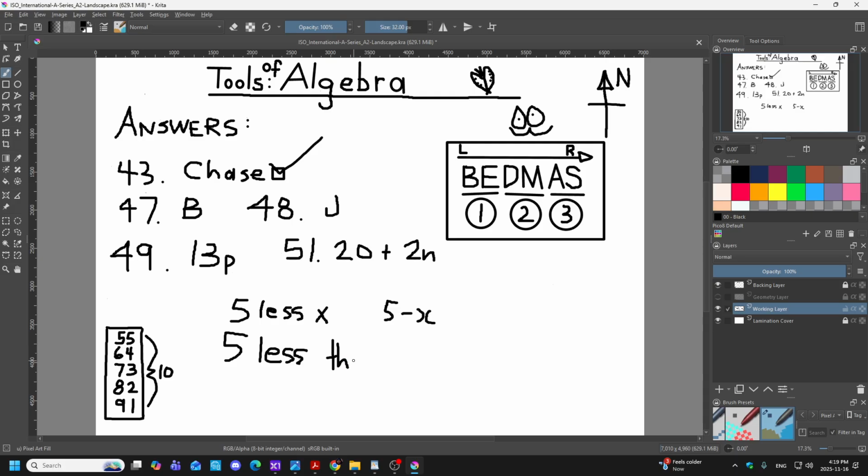5 less than. I do apologize. My penmanship would be a lot better with the pen versus a mouse. Less than x is, and this one's just the opposite, right? Okay? This one has the less than, right? That's the difference. Now I gotta find that section again. 6 less than. Yeah, 6 less than. Okay?